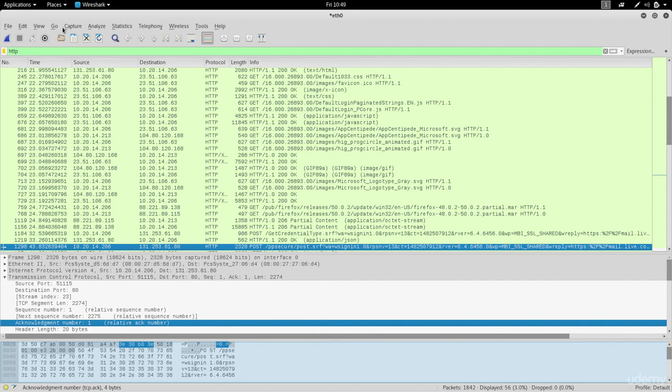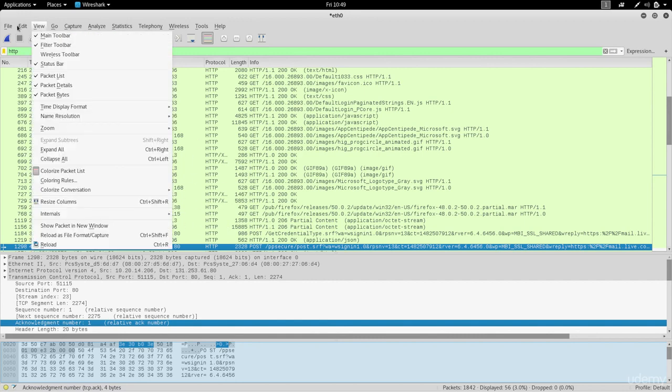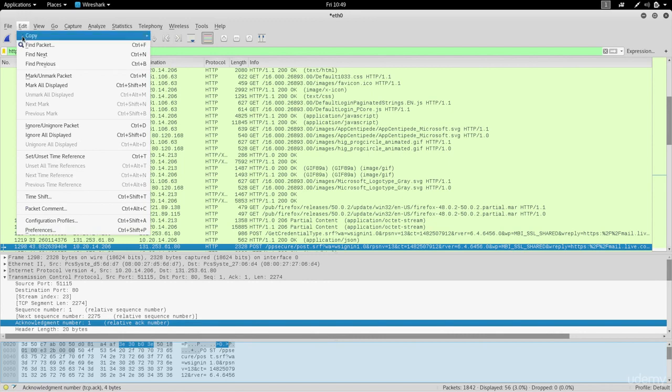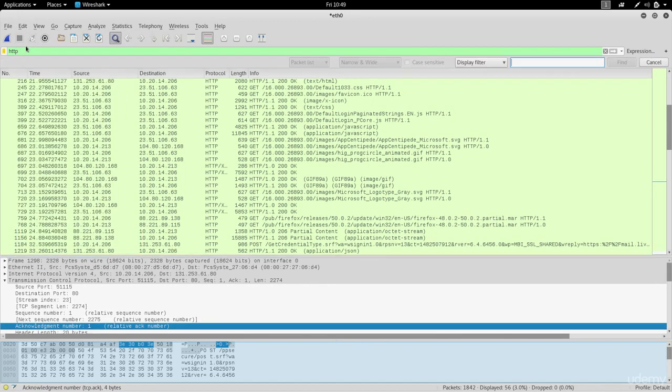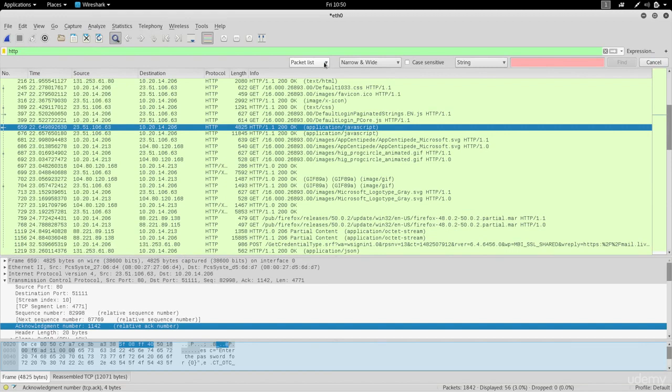Another thing that you can do is you can actually search through these whole packets. So you can just go to edit and then go to find packet. And right here you can select if you want to search in the packet list, which is just this, or in the packet details. So we're actually going to search in the packet details. We're going to keep this narrow and wide. And right here, I've set this to string, so you can actually put a display filter if you want, but I'm searching for a string, which is just a normal text. And if we search for Zaid,